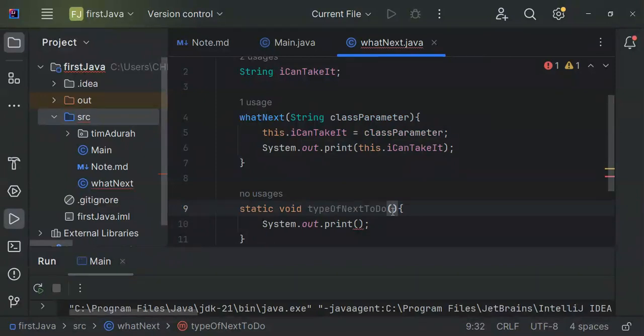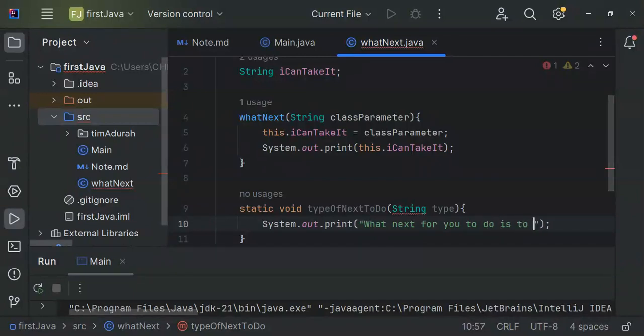You all know that to create a parameter in a method, you just declare the parameter, then give it any name that you want. So I will now say, what next for you to do